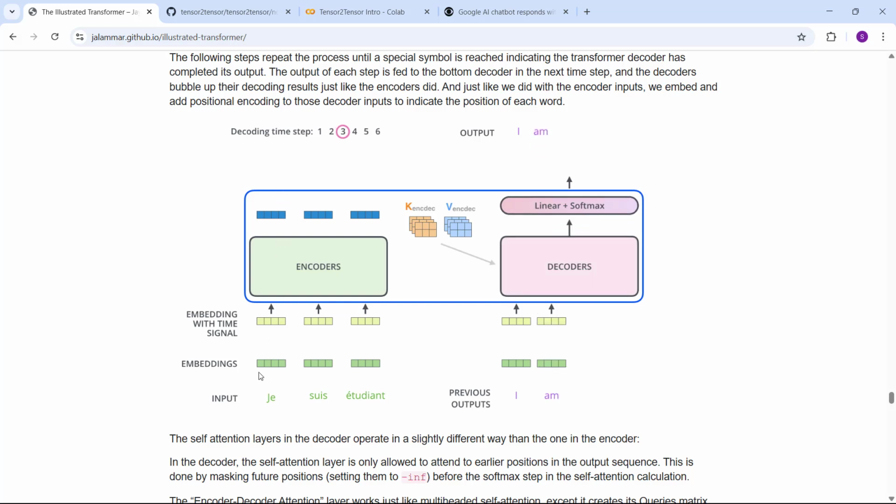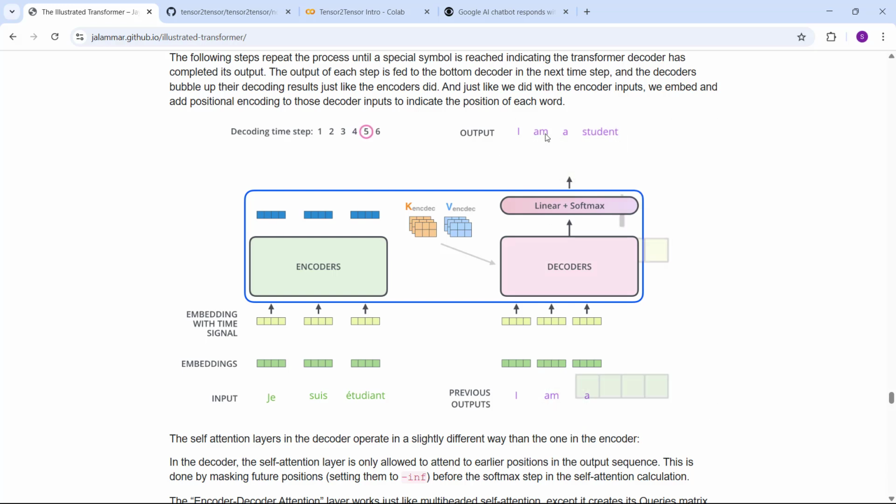So the encoder knows the relationship or context between input sequence words, right? These are the Spanish words. And the decoder knows the relationship or context of the target, only one word at a time, right? And with encoder-decoder cross attention, that is how the model knows the relationship between Je means I, sus, right? So that is how it will identify the relationship between Spanish and English words. That's how the model is able to predict and generate the output, right?